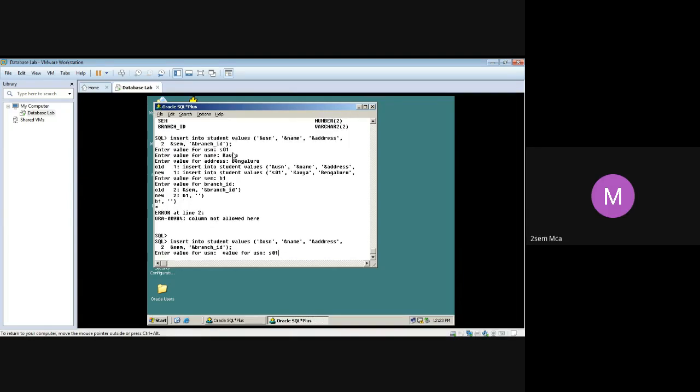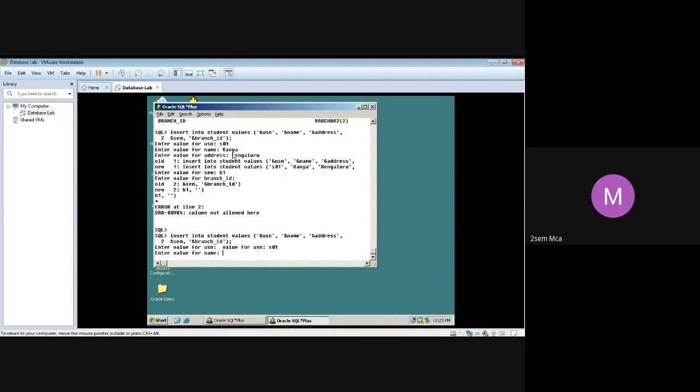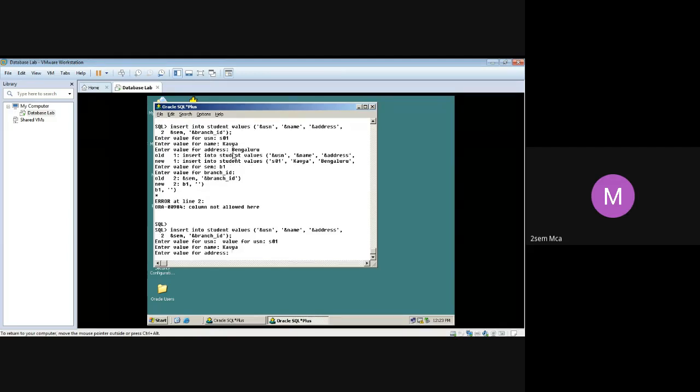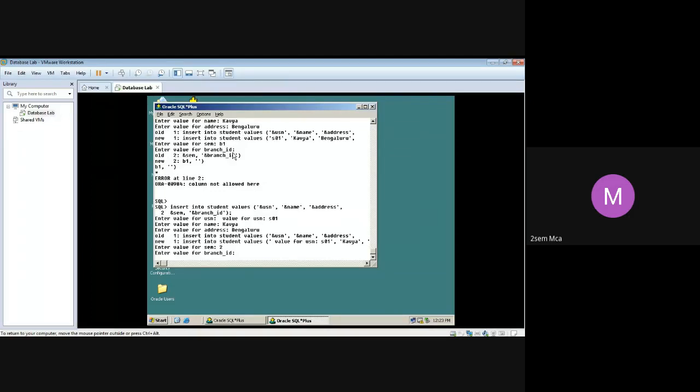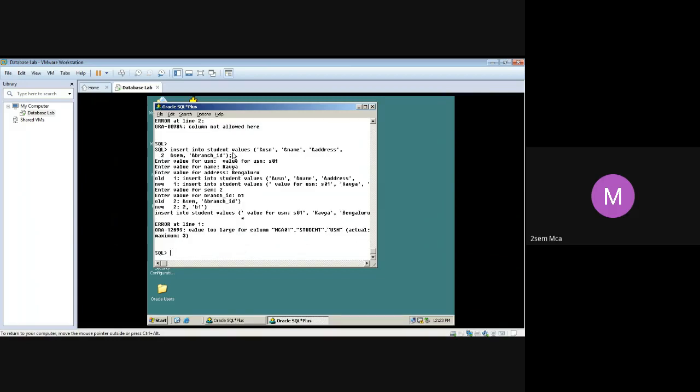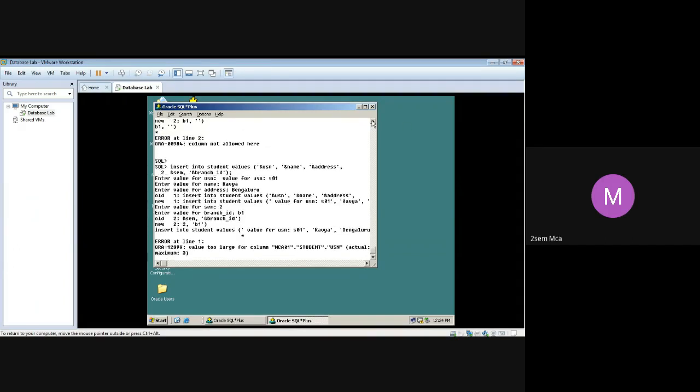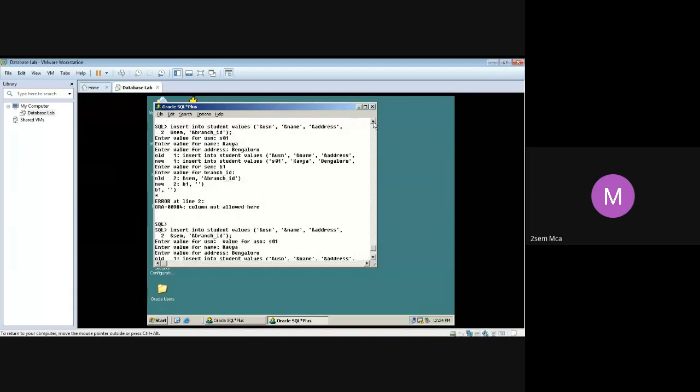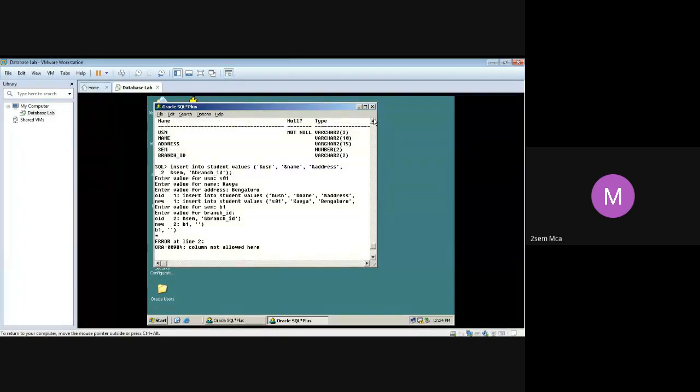Right. S01. Name. Address is Bengaluru. Semester is 2. Branch ID should be one of those only, so I'm giving it as B1. What is happening? Value is too large. USN, it is 3 only.